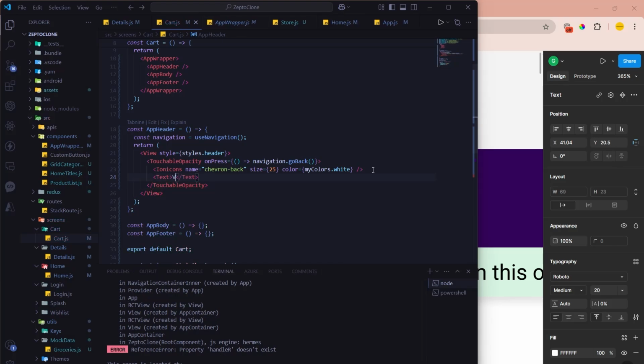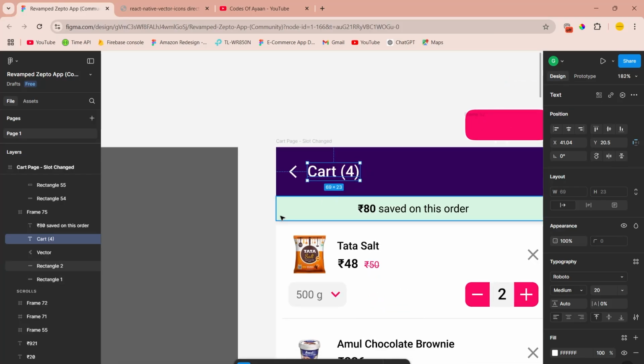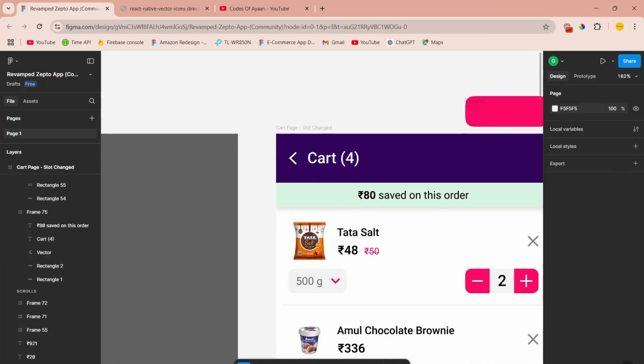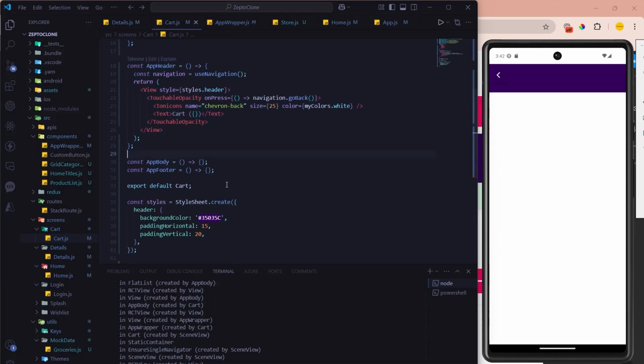Text I have added, and I have given a cart. Let me create one brackets here, curly braces. Here we need an actual count. Right now it's just mentioned statically, but we need the actual count. What exactly I mean is, whatever products I add, and if I remove any one product, the count should also change, right? So for that purpose, what I'm going to do, before that